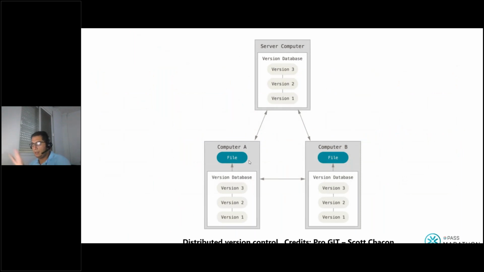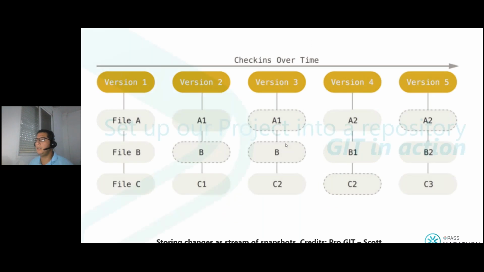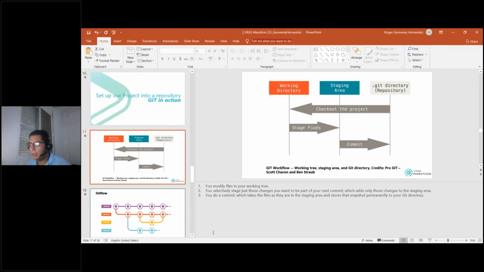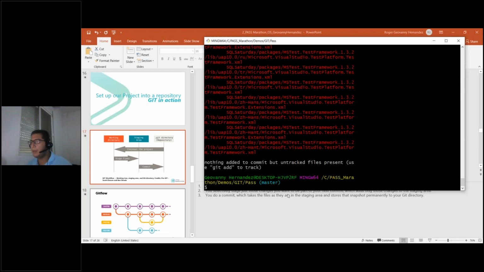Then, to do a brief summary: you start to make changes. These changes are in your working directory. Later, you decide to add this complete list of files into the staging area. And finally, you commit these files that were in the staging area, and you push to the server computer. Once you push to the server computer, it is available for everyone who needs to get the last version of this code. Returning to the Git Bash,